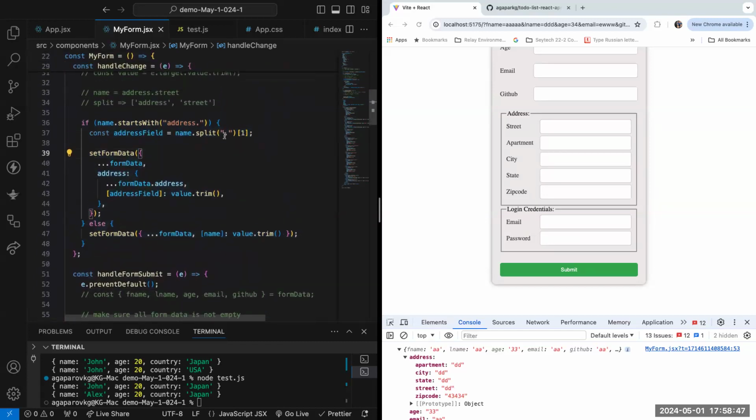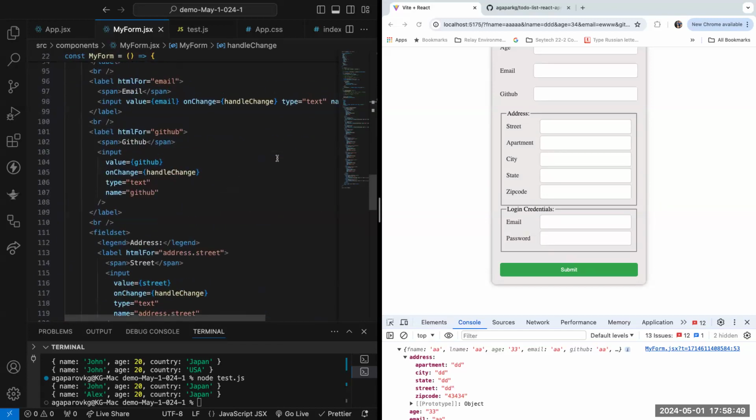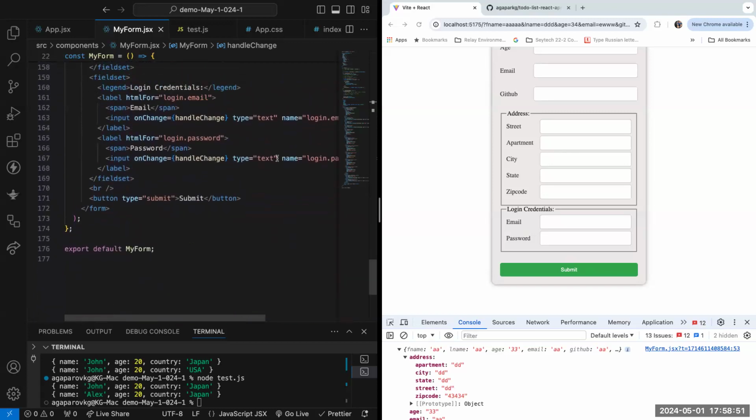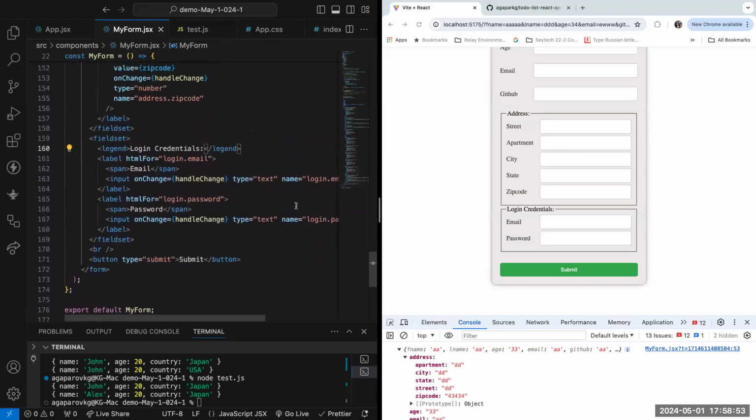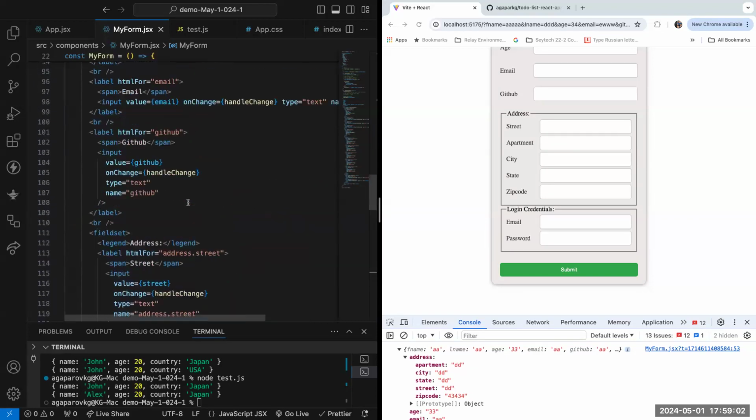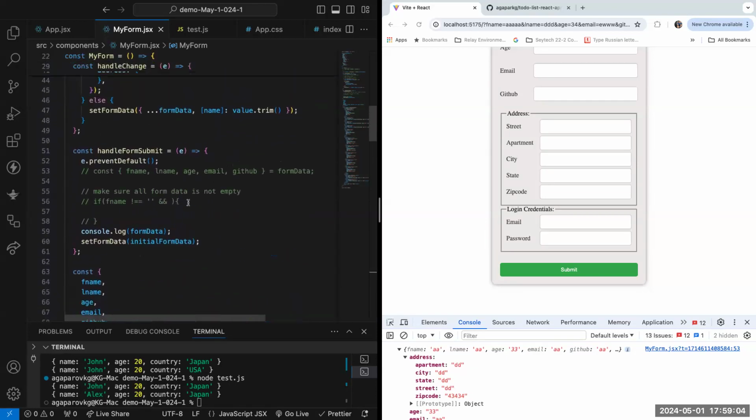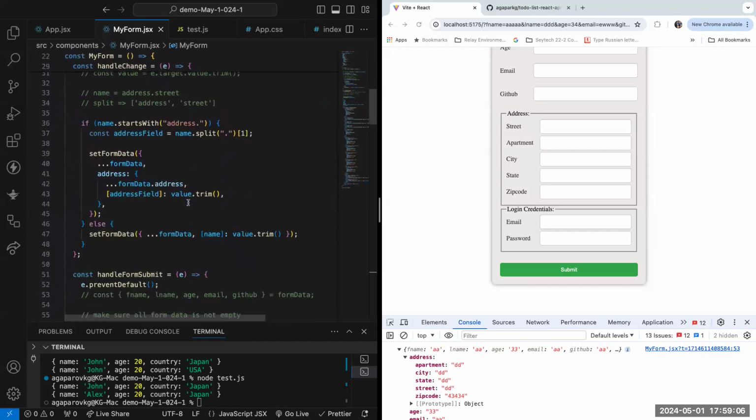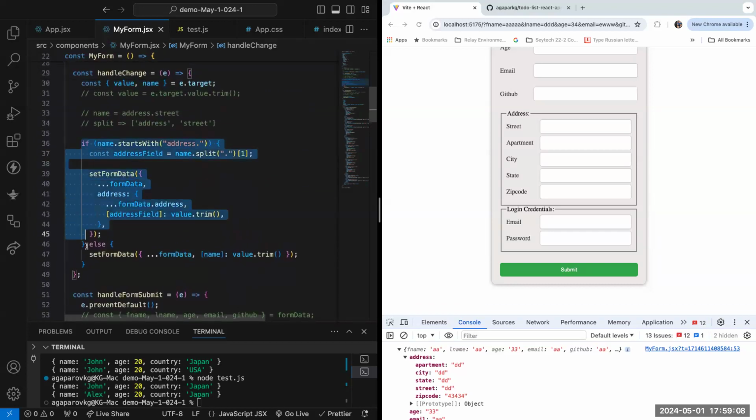Can you show us name? Yes, absolutely. No, it will not work. The HTML name is login.email and the name is login.password. Is it going to work? No, it's not going to work. So how do I make it dynamic? How can I make this part right here dynamic so that